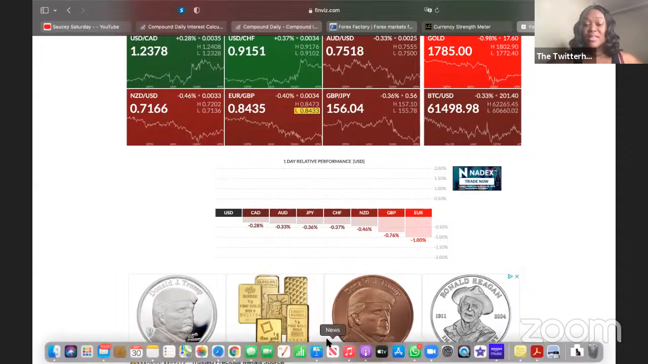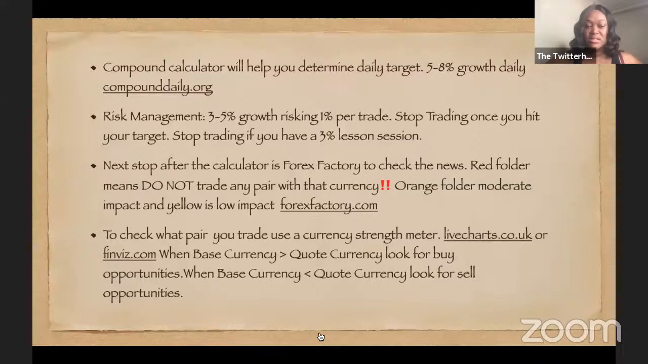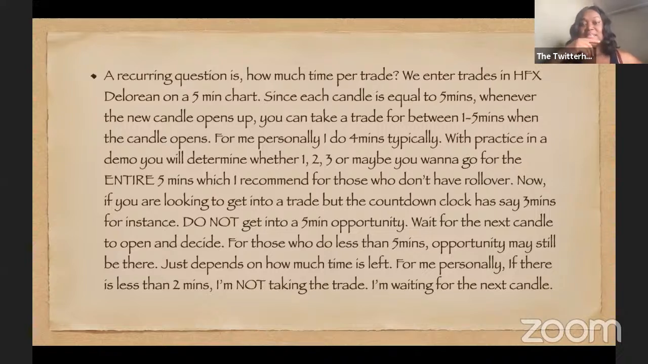So once we have that squared away, right? Next, we're going to want to look at trade time, right? A recurring question is how much time per trade? So with HFX, hold on, let's see. Now I can't see the questions. Okay, let's see. Okay, thank you. Thank you. All right, so